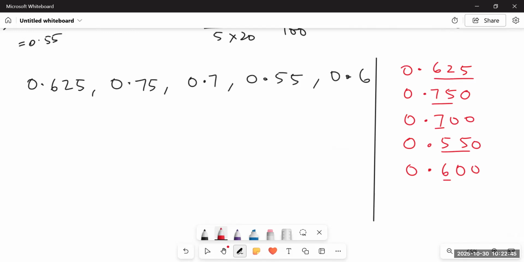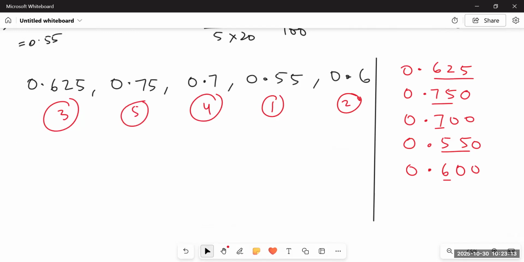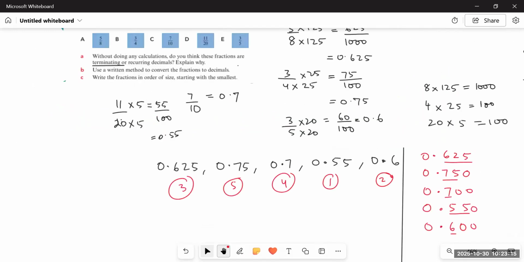And the first one is 625, the second one is 750, then 700, then 550, and then 600. So out of these 5 numbers, 550 is the smallest. So this one is the smallest, 0.55. Then comes 600, that is 0.6. It comes second. Then 625, third. 0.700 fourth, and 0.75, 750, fifth, right? So we can say that the first one would be